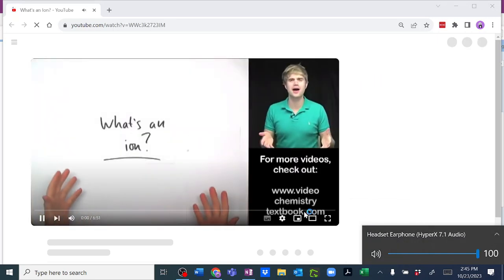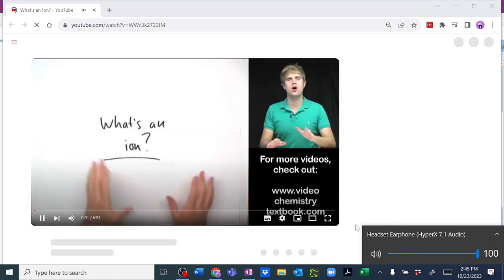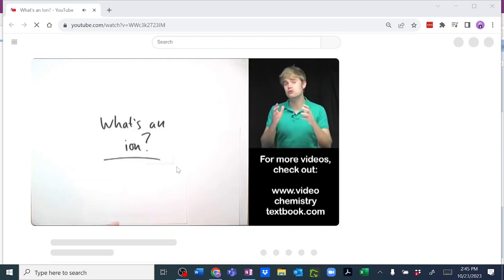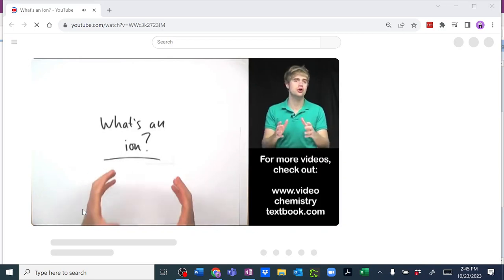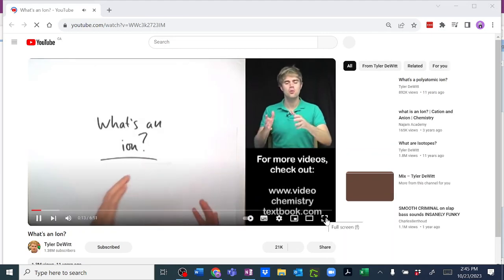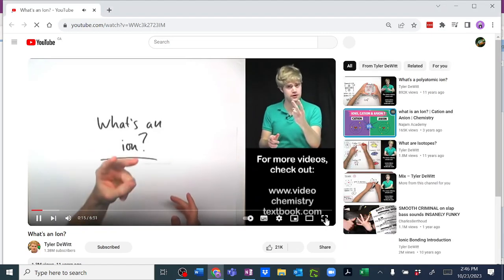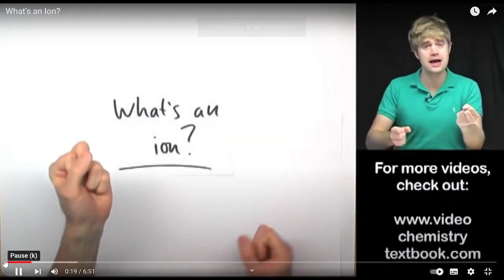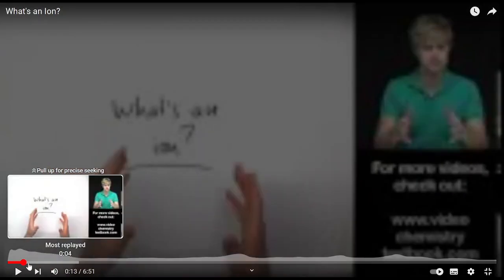Okay, what's an ion? People talk about ions all the time in chemistry, so what are they? Well, an ion is an atom or a group of atoms that have an electrical charge. Okay, that's all it is. Now, how does this happen? Well, inside atoms, there are two things that have an electrical charge. There are protons that have a positive charge, and